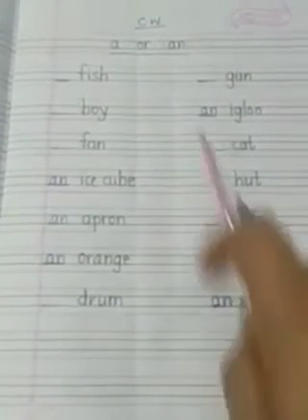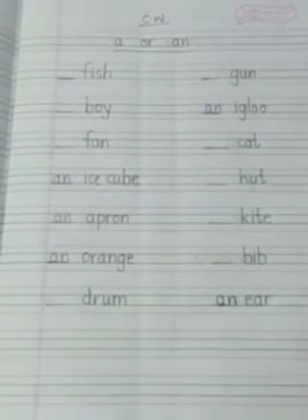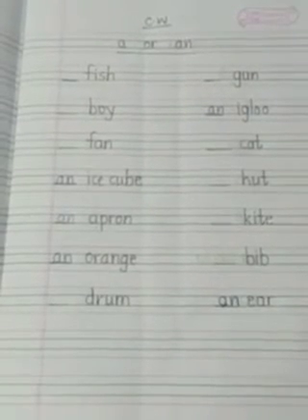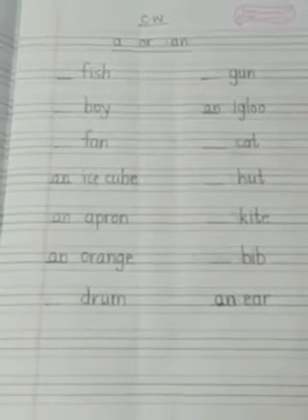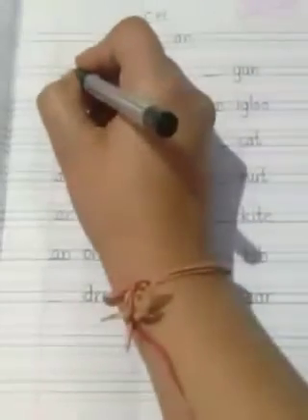Now the rest of the words start with consonants. What are the letters that are not vowels? They are consonants, and we have to put simple a with them. So here my answers are